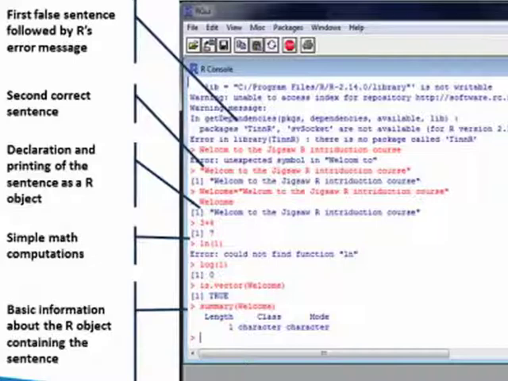What the summary command does is essentially describe the object welcome for you. Here, when we type summary and in brackets welcome, it returns that it is a vector that contains one value, which is considered as a character.